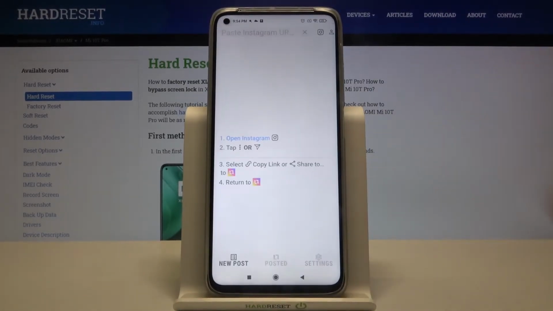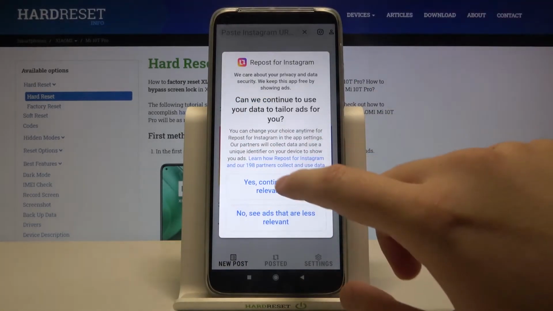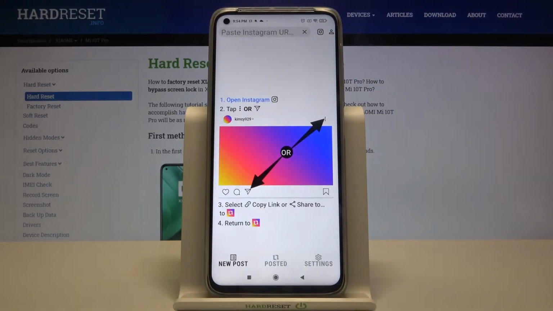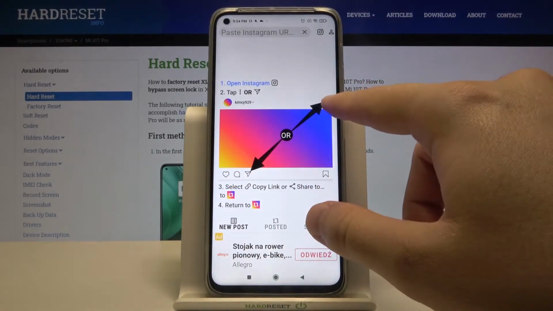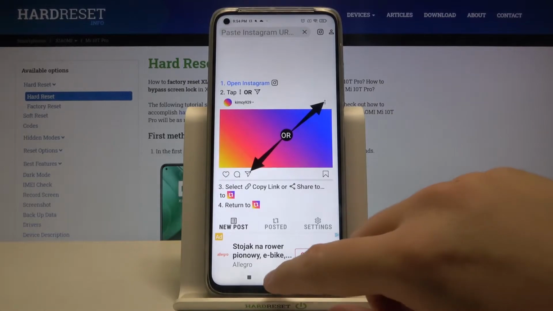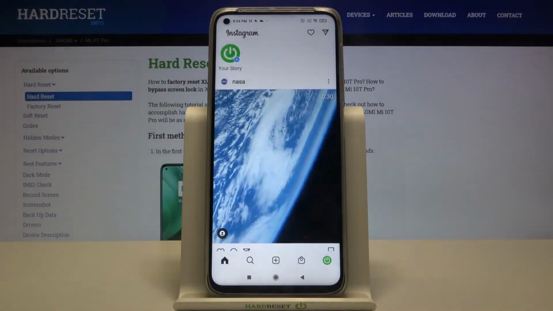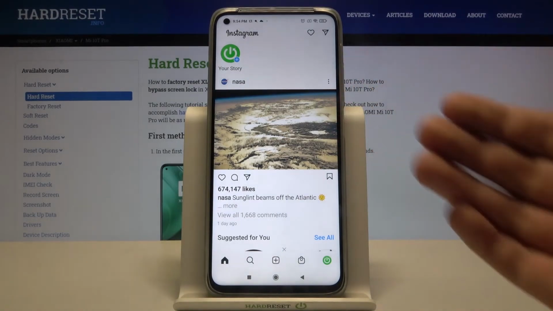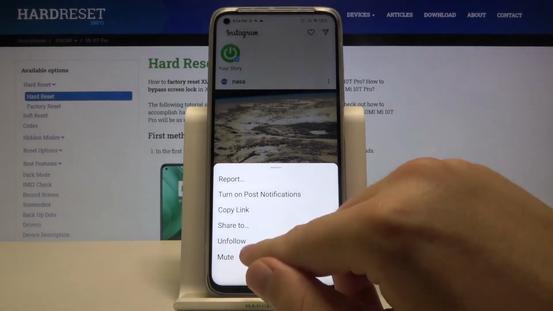Right now we have to click open, and as you can see, we got two ways how we can download these pictures, right? Pictures or photos. We can use the share icon and these three dots in the right upper corner. So let's go to our Instagram, and let's take for example this picture. I'm going to use three dots, select share,